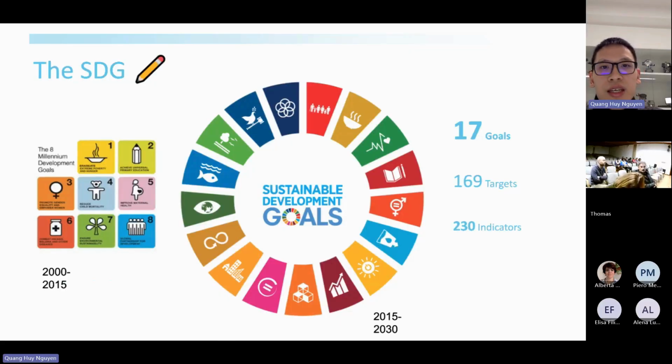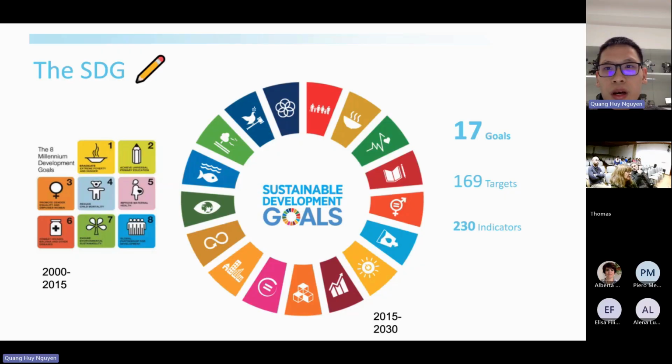The SDG is not the first time the UN has made this intervention. Before that, we had the Millennium Development Goals, which had simpler goals. But in 2015, we have more ambitious goals.